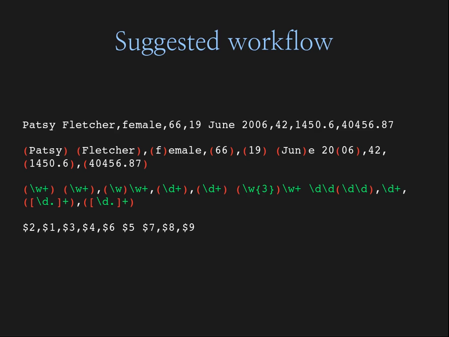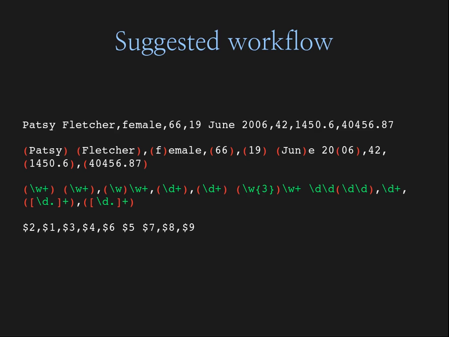Then the next thing is we go through and replace what we find in here with the characters that will give us that. So for instance here, replace Patsy with \W plus, Fletcher with \W plus, and then comma. For the next one, we only want the first letter of the sex, so we can do parentheses, \W here, \W plus afterwards. This gives us a string of 1 plus some other number of characters after that, and we're only saving the first. We have a digit, comma, for the age, and then here we replace this with digit plus,